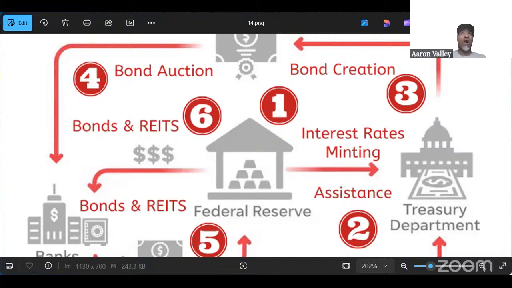And since they're in that position of power, they have to show up for those auctions. If they don't show up for the auctions, their charter gets rejected. They have no choice but to show up for those auctions. It is mandatory. Because if they don't show up, the system is broken.